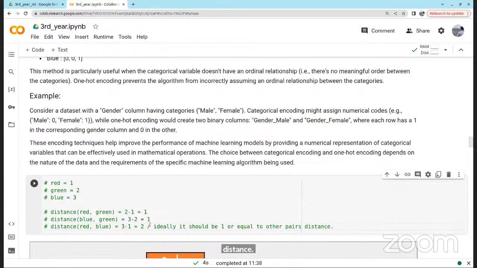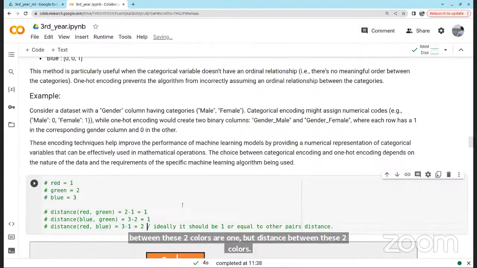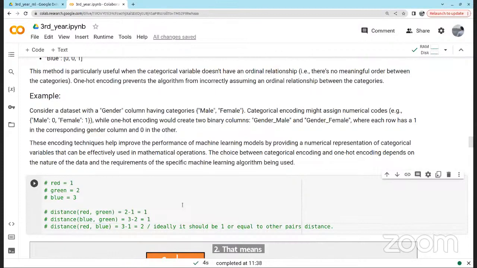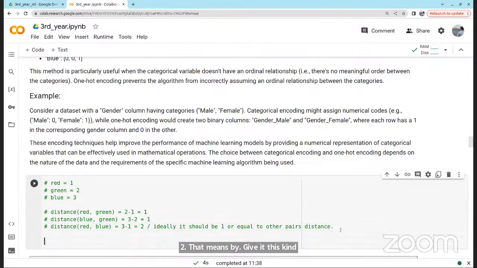Because all the colors are the same, and you are saying the distance between these two colors is 1, between these two colors is 1, but between these two colors is 2. That means by giving this kind of encoding, you are creating some false data or false relations between the colors. So that's the problem with this categorical encoding.